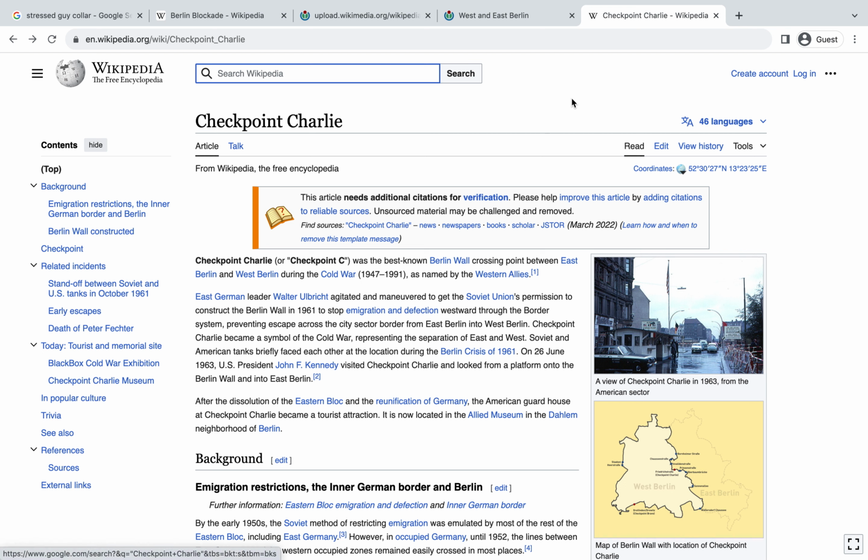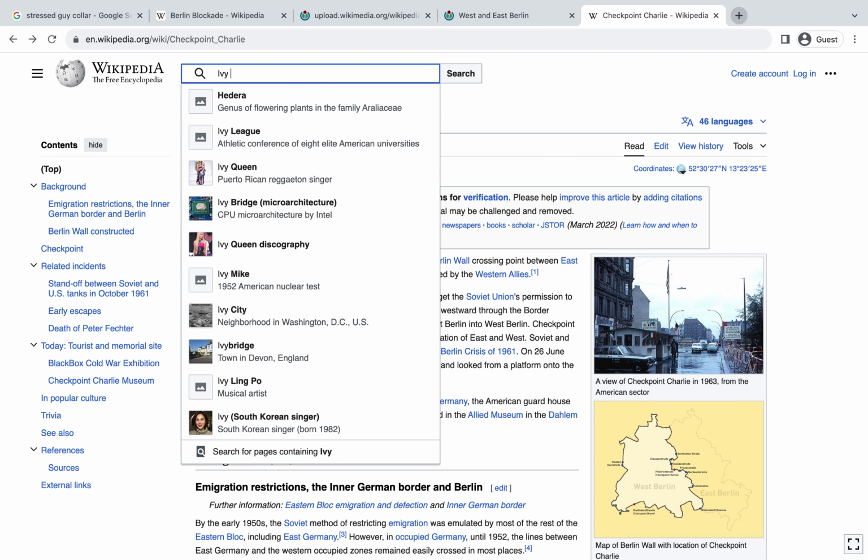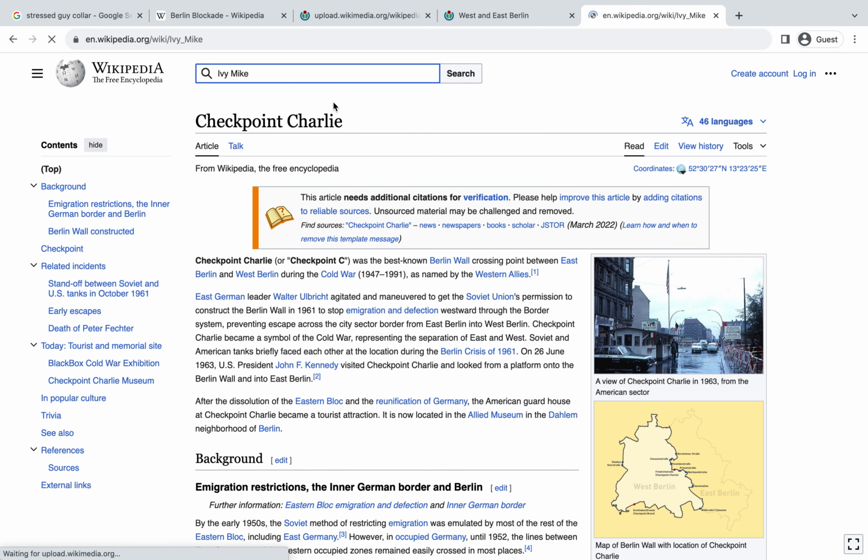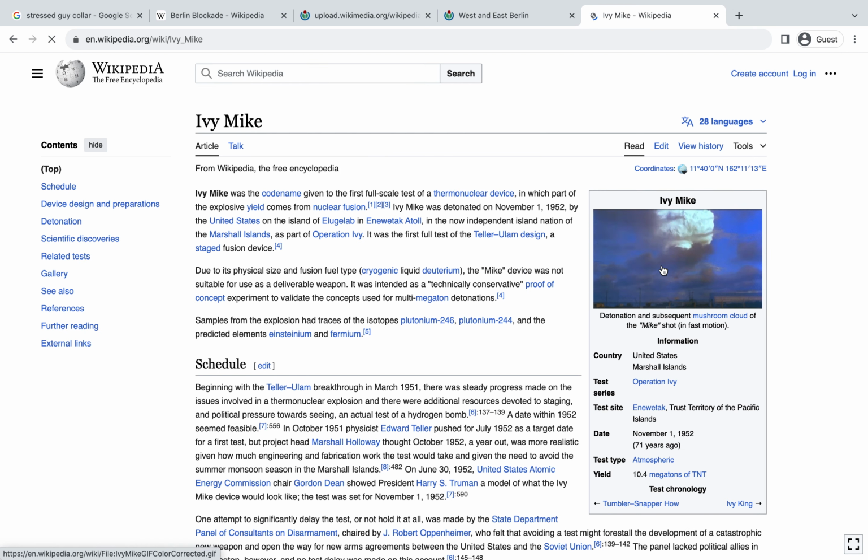So one of the big reasons people like talking about the Cold War, and I'll admit I'm one of those people, is when we talk about these bad boys. These are nuclear weapons. Through the magic of science, we are able to make a nuclear reaction so large and so powerful that we can wipe out a city in a second. There's a handful of countries that have weapons like this.